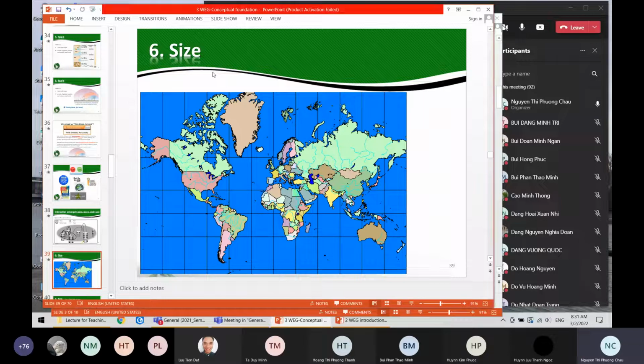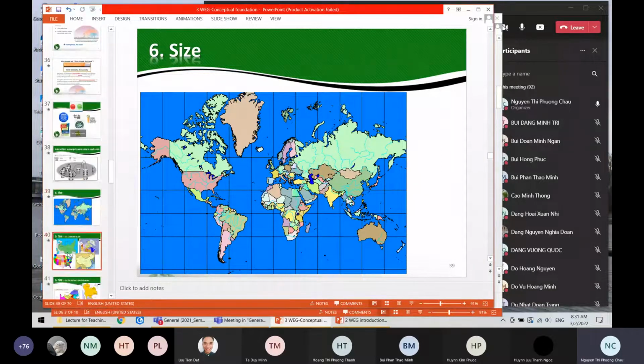And with a small size but a lack of resources, they know how to import the resources for producing products. That is how we can understand why a smaller size can have a stronger economy. Yeah, we just discussed the size concept like this.